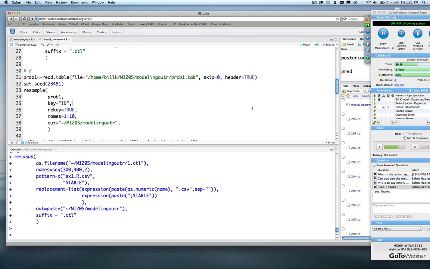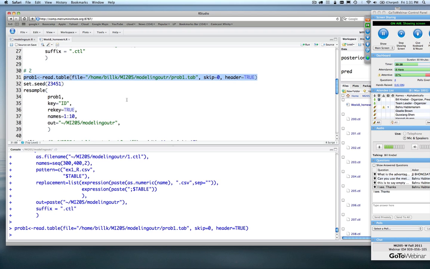Generally speaking, does the distribution of weight in the resampled data sets appear similar to the original? Especially if weight is a relevant variable, if they don't appear similar, maybe you need to stratify by weight in some way. But in this case, what I was really looking to see is just writing the code to, one, do the resampling, and two, read in the files that are generated and plot histograms of each weight. So the first thing you have to do is read in the problem 1 data set,